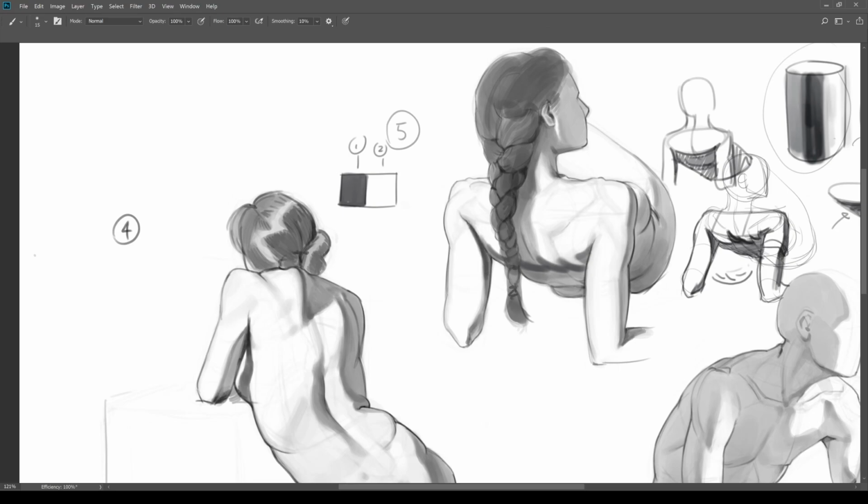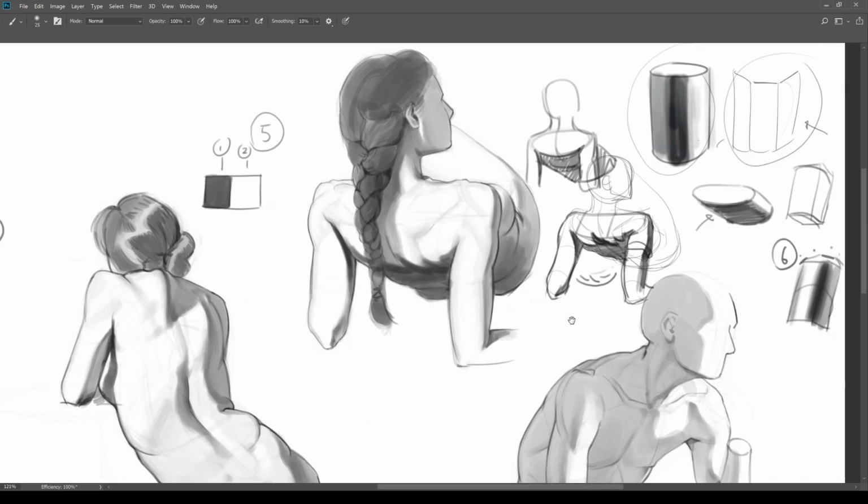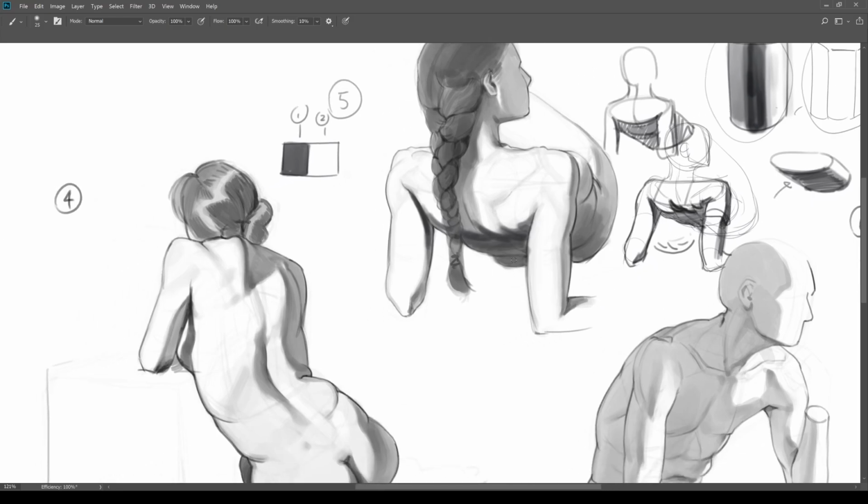Sorry, I feel like I'm kind of jumping all over the place with these concepts, but let's break down a more solid shape to these. And then we can knock all this back. And I'll generally be thinking of this as one value, as I mentioned, like here. But we can also let that value kind of fall off here. So even though you might see this darker in the reference that you have,